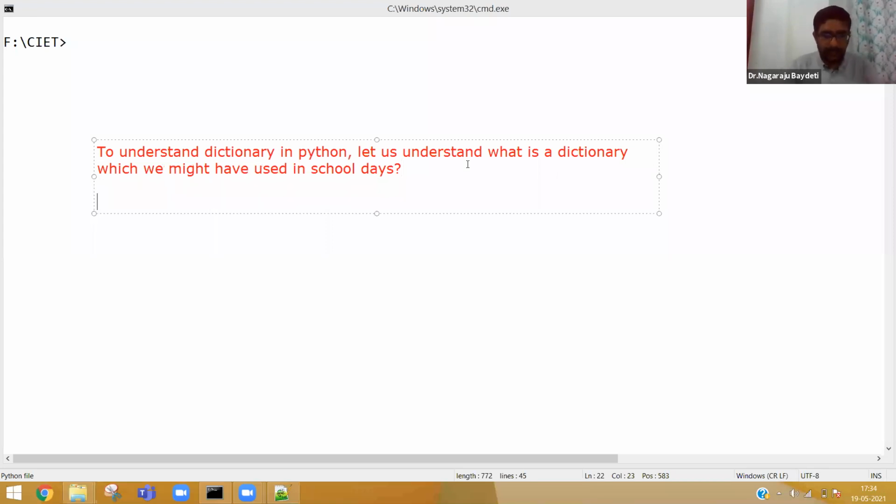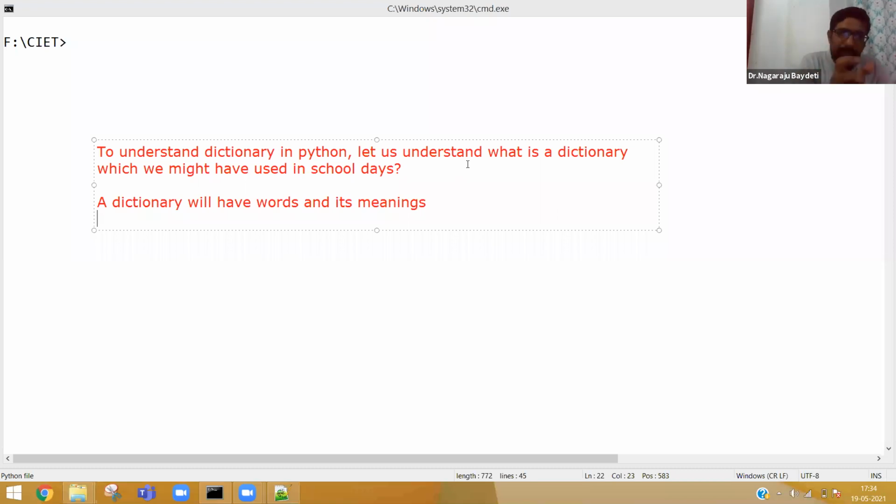A dictionary will have words and its meanings, correct? Actually, not one word. It will have words and its meanings. For example, you just go to the dictionary and search any item. For that particular word, how many meanings are there?